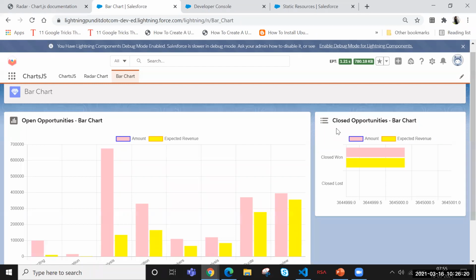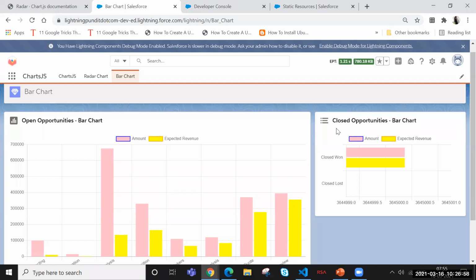Yeah, as I told, if we are following LWC best practices, like wiring it instead of using connectedCallback, we can also improve the performance. It also depends on the number of records we are loading. If we are loading like 400, 500 records, then I think the performance will slow down. But again, for those charts where the standard dashboards don't support, it is a good thing to go with Chart.js.